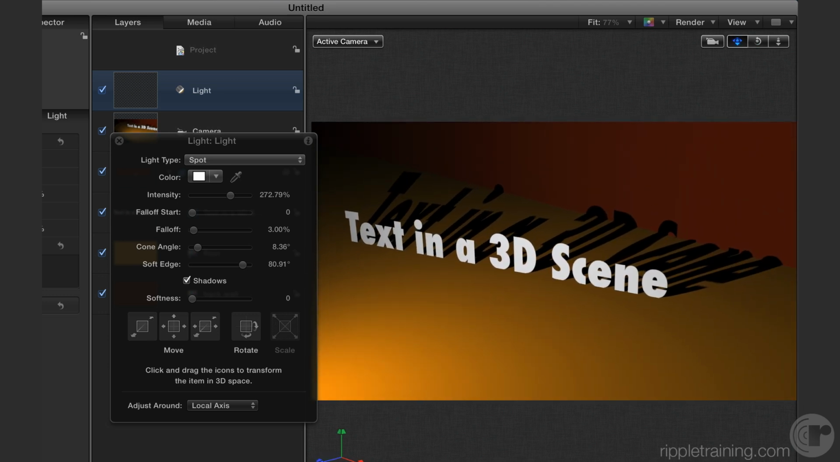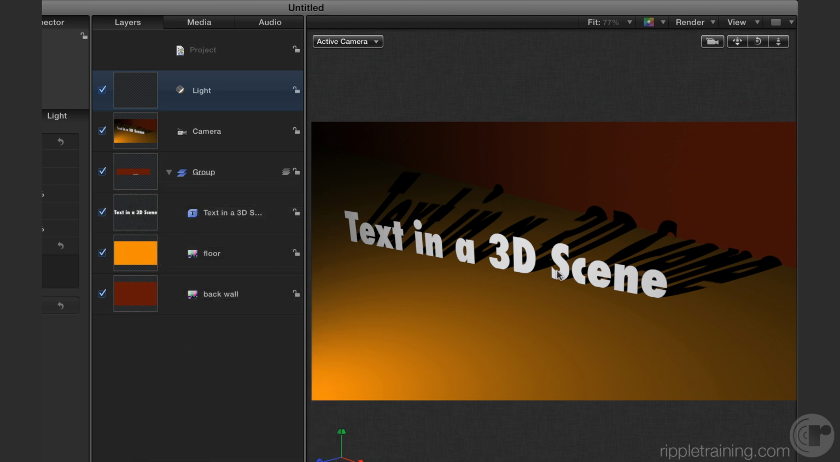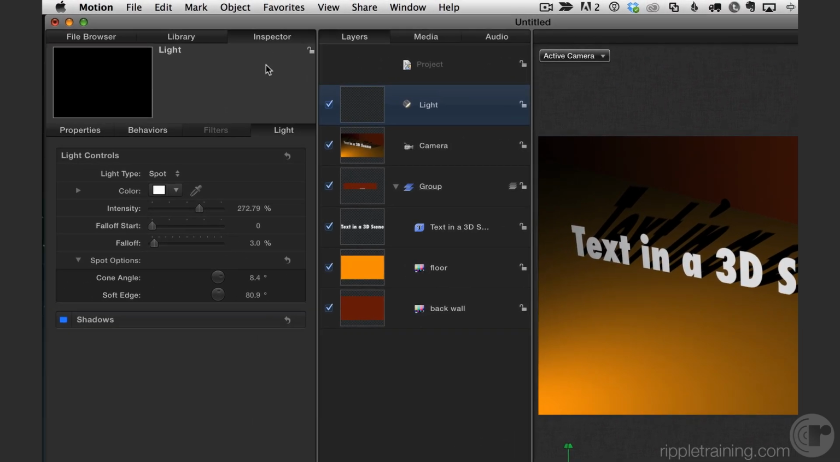And move this a little bit closer. And now we start to get something kind of interesting where we really do have text in a 3D scene with lighting. I'll hit F7 to close that, with lighting and shadows. A few more things, just if you haven't worked much with 3D, if I go to the inspector to the